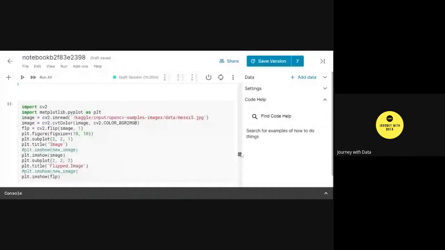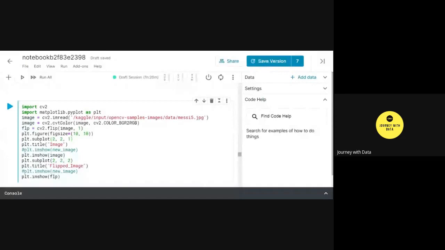Now, in this code, the image is being read, and again it is being converted. This is the code that is responsible for flipping, cv2.flip, and I've used the image and then determined this flag, which is 1 in this case. Now again, I've displayed it similarly using plt.title.